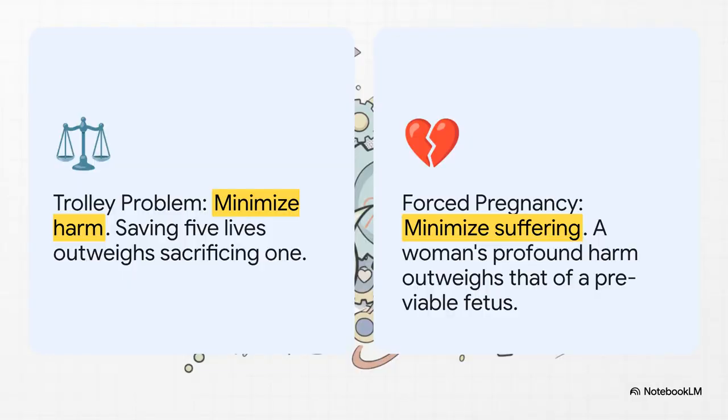So what about the utilitarian view, the one that's all about consequences and minimizing harm? Well, you have to weigh the suffering. On one side of the scale, you have the very real psychological, physical, and financial harm that can come from an unwanted pregnancy. On the other side, you have a fetus under 15 weeks, which, as the source points out, doesn't have the capacity to suffer. When you put those on the scales, the utilitarian math is pretty clear. Forcing the pregnancy creates far more suffering.